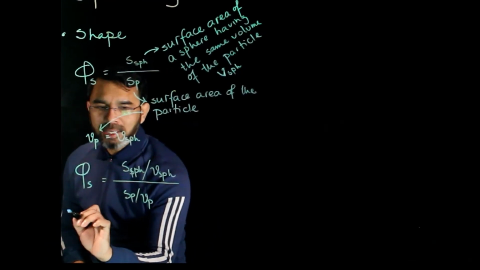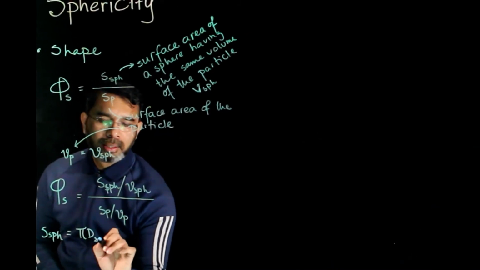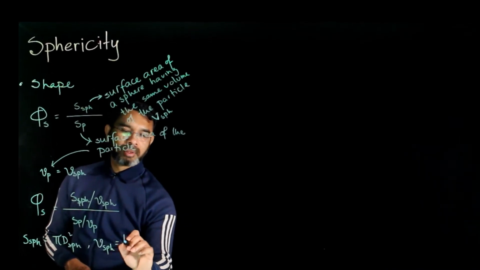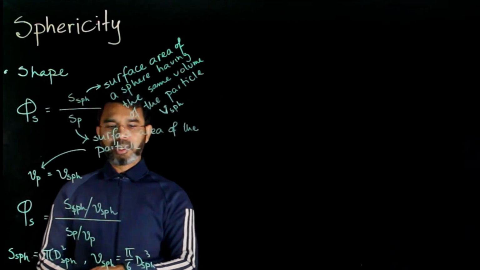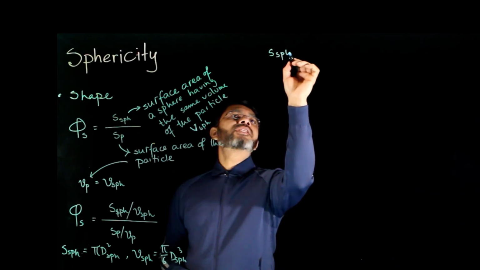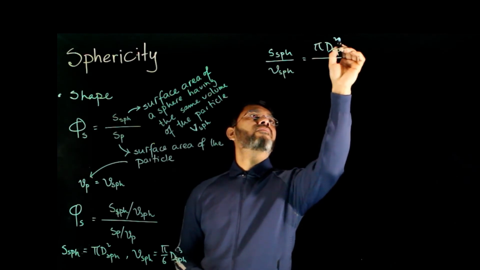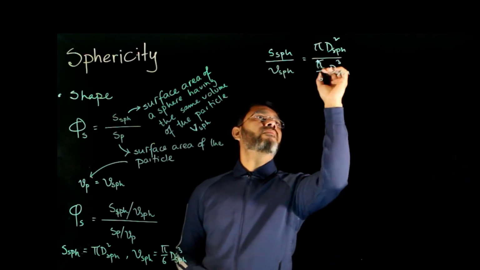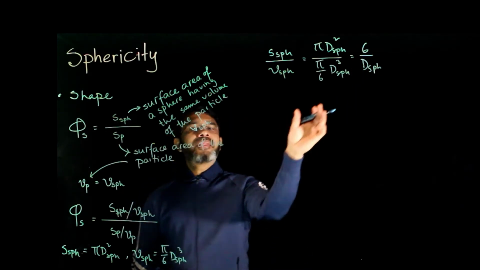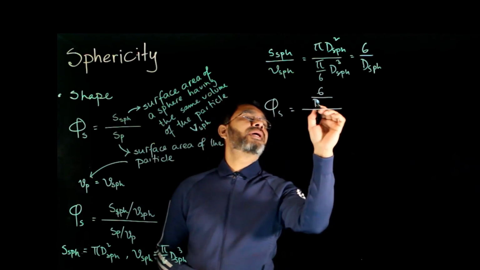Now for a sphere, this is pi d squared and this is pi d cubed over 6. So if I plug in these two numbers here, for the sphere, this ratio becomes 6 over d of the sphere. Now if we plug in this, we get the definition of sphericity to be 6 over d of the sphere